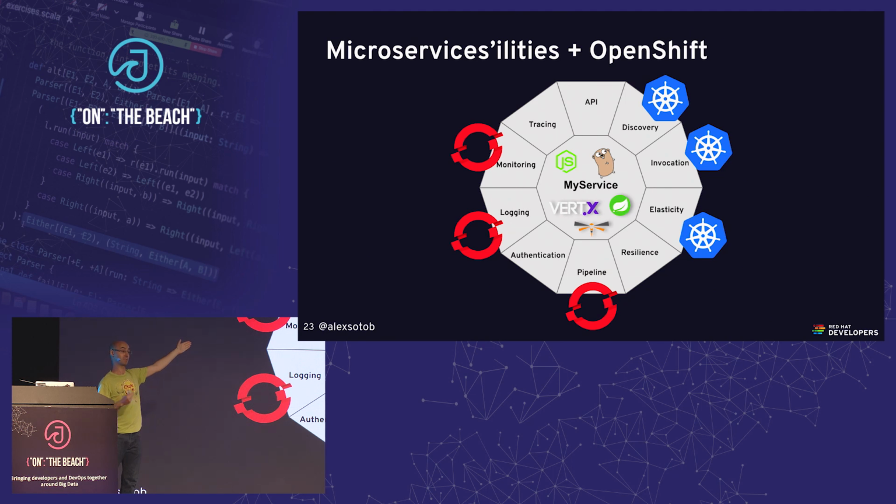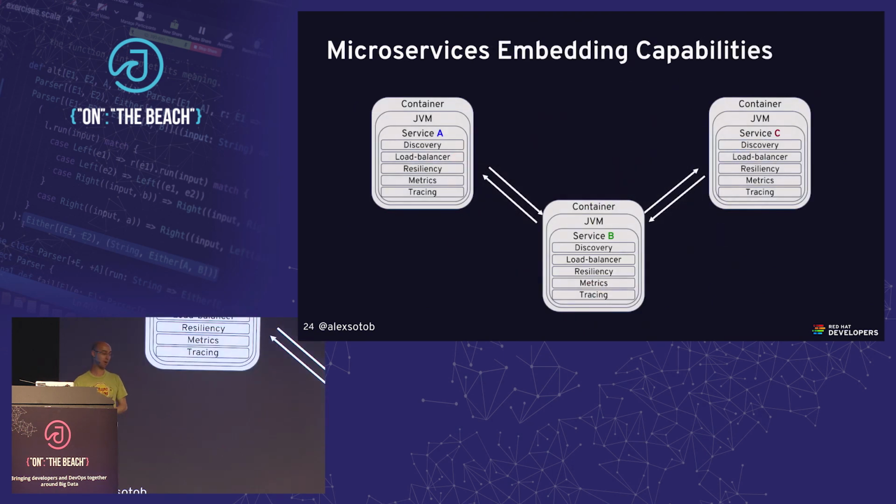For example, in case of discovery with Kubernetes, it's the concept of service. With Kubernetes, we have a service, and you can think about a service as a load balancer, right? That just redirects the traffic to the real machine. The invocation, elasticity, it's the concept of replicas, where you have a pod and you can say, I want 3 replicas. Or you can even do some kind of automatic monitoring and say, OK, now I want to increase the replicas. This is how elasticity works with Kubernetes. And even if you are using OpenShift, the pipeline, the logging, and the monitoring concerns are also covered. The problem is that there are other